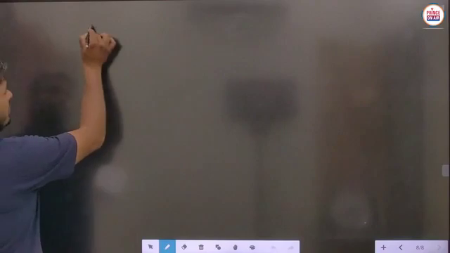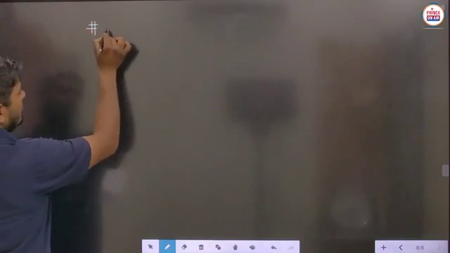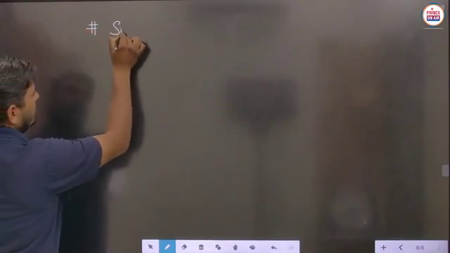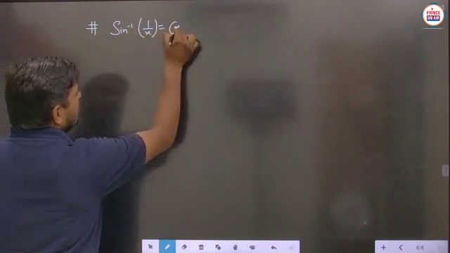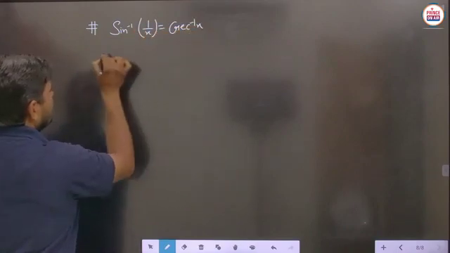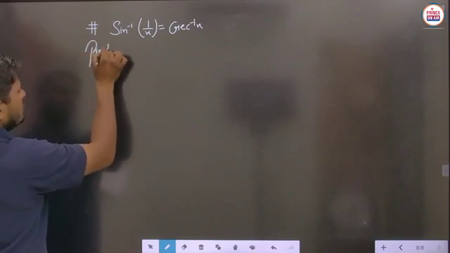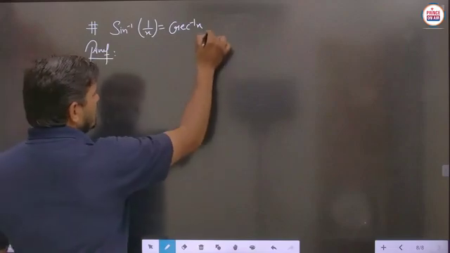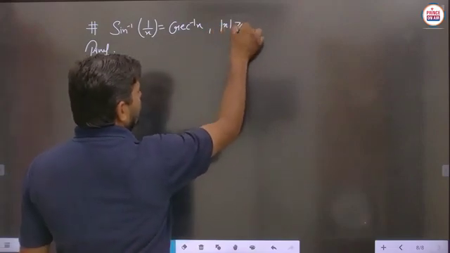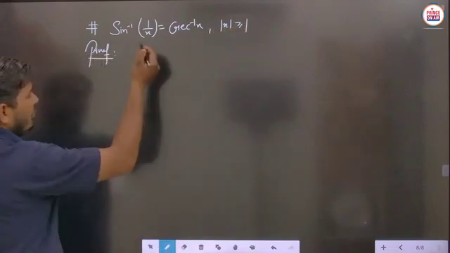So now we will see the proof. We have to see the proof of this part: sine inverse of 1 by x will become cosec inverse of x. Some of the students may wonder how we get this type of situation, so you can provide the proof also. So here, let